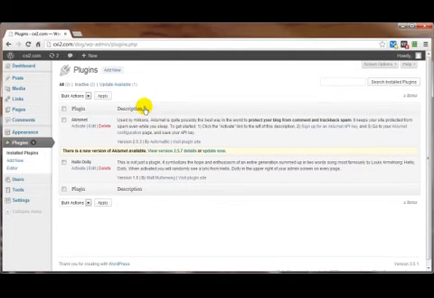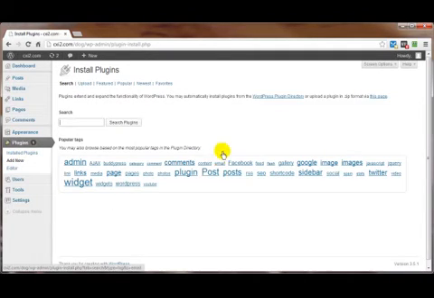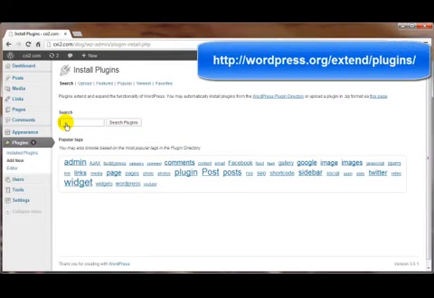Now, if you wanted to add new plugins, which is the gist of this video, you come on up here to Add New, or over here under the Plugins subpanel, you can click on Add New, and that'll take you to the same place, which is here. And you can see the links to the popular tags here. So this can give you an idea as to what a lot of other people are adding to their WordPress website by way of plugins related to Facebook or Google or images and Twitter and widgets and so on. Or if you've got something specific in mind, maybe you read an article somewhere about a particular plugin, you can type it in here, click on Search Plugins, and it will go to what's called the